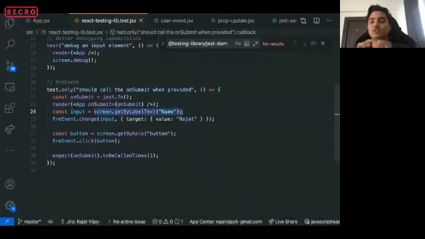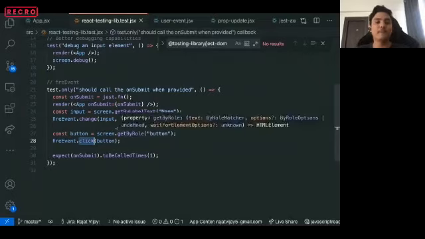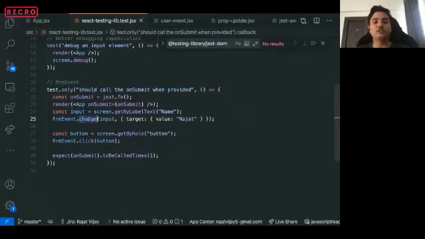We again query the input element on the rendered DOM, and we fire a change event on it. So fireEvent provides a bunch of events that you can fire on DOM elements. For example, you can fire a change event, a blur event, a click event, a focus event, a keydown event, and any other event that is possible in the browser. So you fire a change event on this input element with a value.